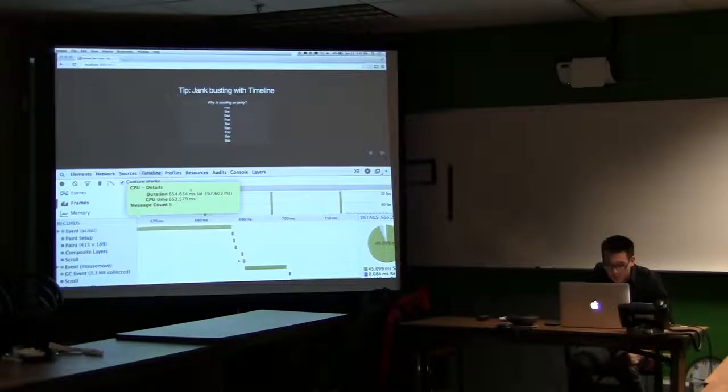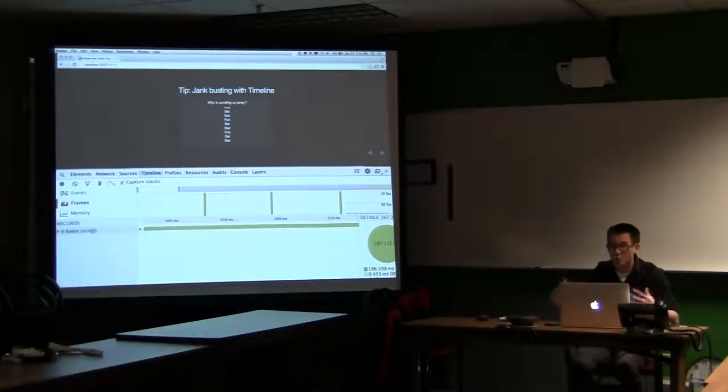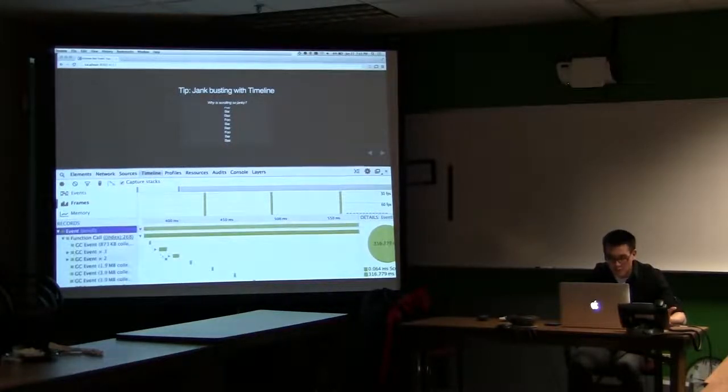Move this over here. So we want to see the start of this big yellow bar. What triggered that from the beginning? Okay. So we see that there is this event that occurred at school. And that kind of makes sense. We were trying to scroll and then edge hits that. So we break that out, and